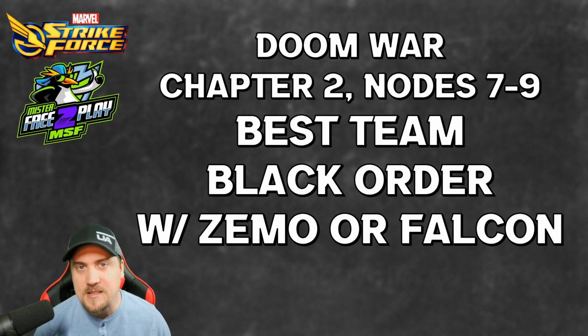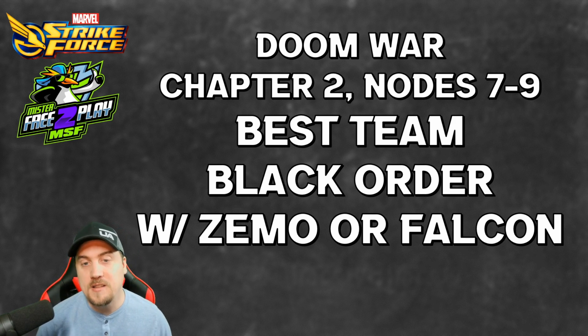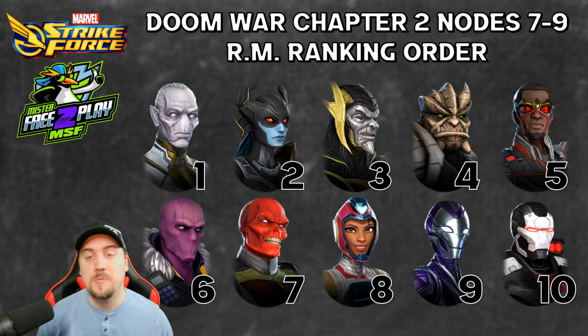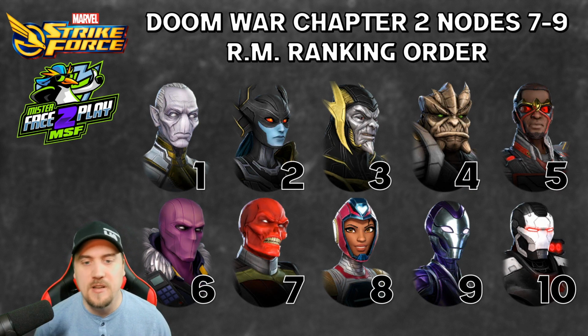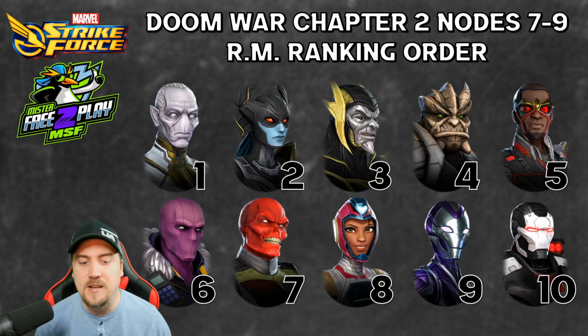I don't think it makes a huge difference no matter who you take, but Black Order is definitely what you want. And honestly, if it wasn't for this node in the game, Black Order would be completely skippable as a new player, 1 through 4, just because it's really difficult to clear this node with a reasonable amount of investment. Otherwise, Ebony Maw 1, Proxima Midnight 2, Corvus Glaive 3, Cull Obsidian 4, Falcon 5, Zemo 6, 7 Red